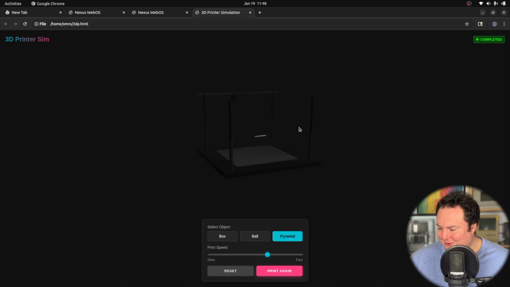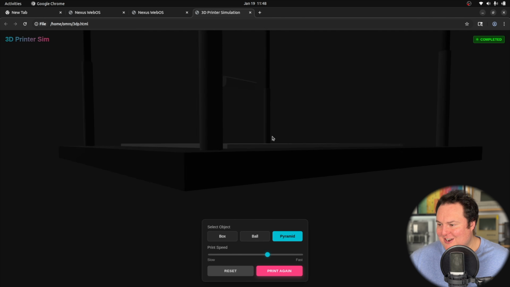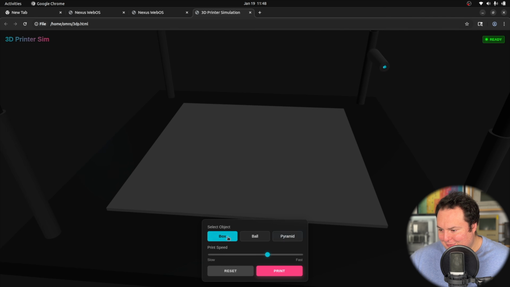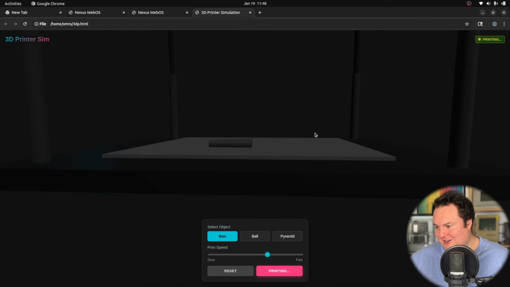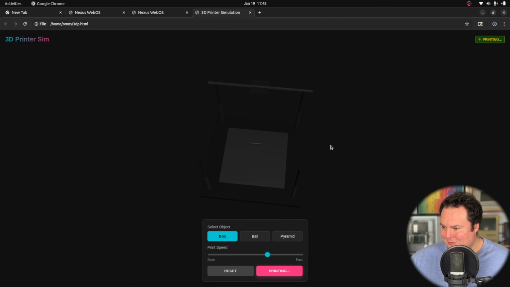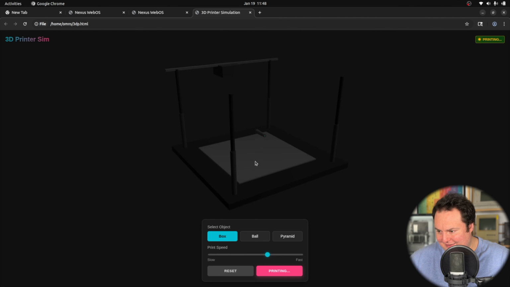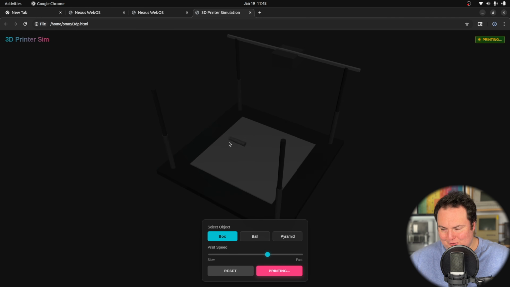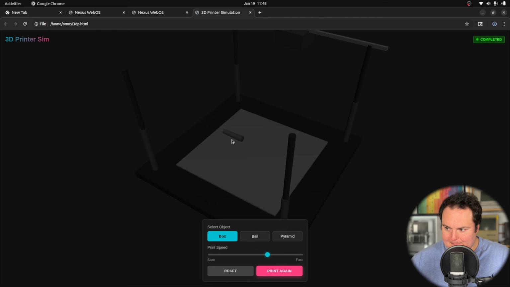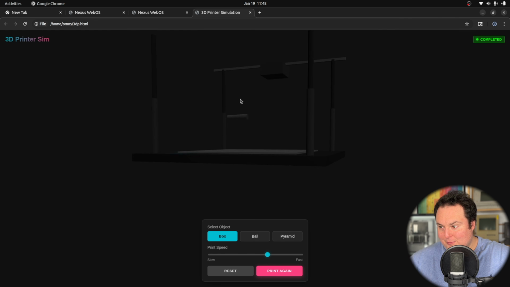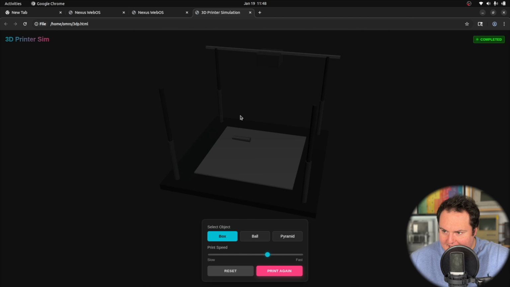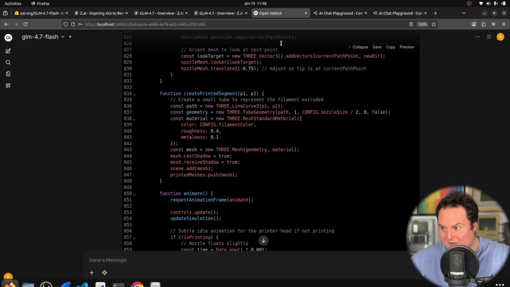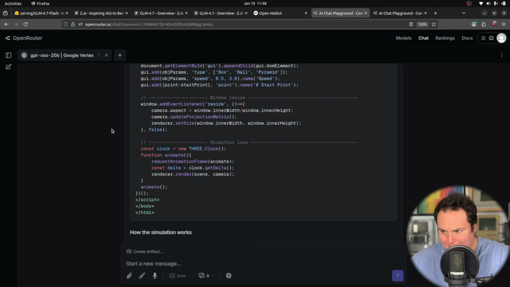And then we get our nozzle idle animation here. Now, obviously the big downside would be that we don't actually see any plastic being extruded. The shape is not actually going on the bed. And if I zoom way out, I don't see it anywhere. So that's just an issue with this result. But the fact that this actually went ahead and produced this to this level is not something that we would have seen, likely, with a model of this size prior to the existence of this model. And to really drive that point home comparatively, I have gone ahead and hopped into OpenRouter, and I've